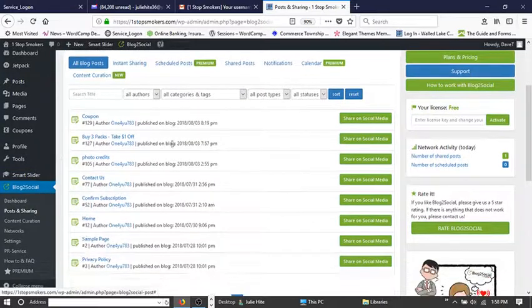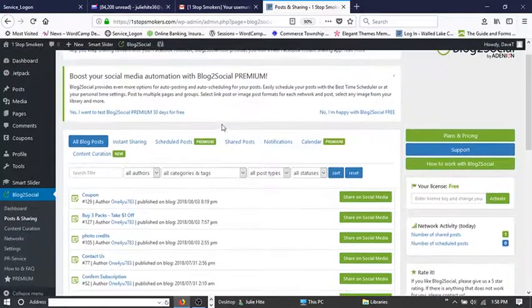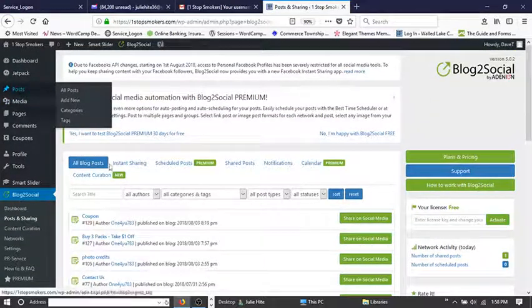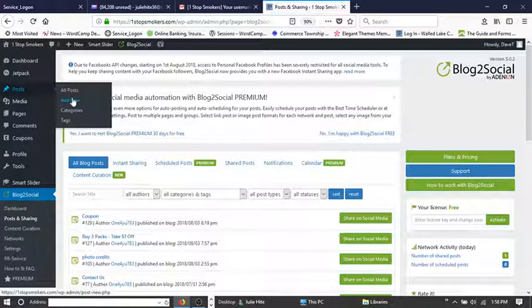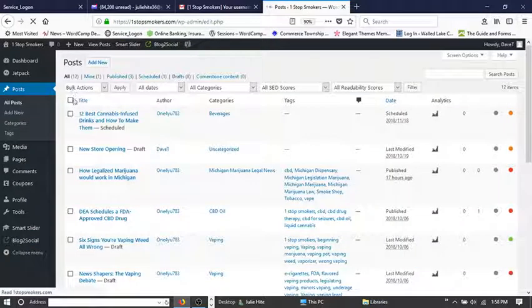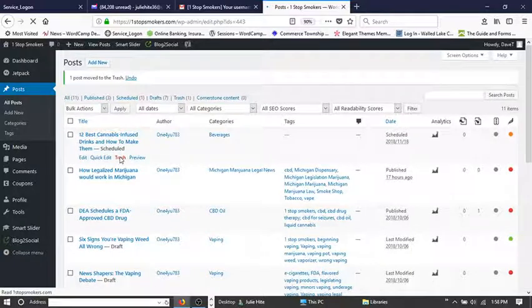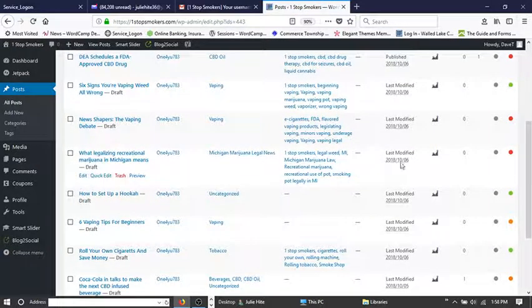So if you're looking like, oh, okay, well, where's all the other posts? I don't see those other posts. They're not there yet. That's because they haven't been published. So if we want to publish a post, we have to publish it first before it's going to show up here. So if I wanted to publish a new post, I'd go back to all posts and then find one. And this one's trash. I'm going to throw that one away. But I could find one that has not been published yet. 6 signs you're vaping weed all wrong, and click edit button. And when I go there,